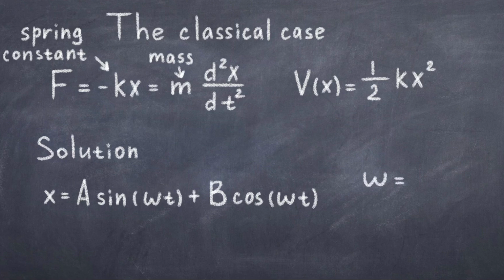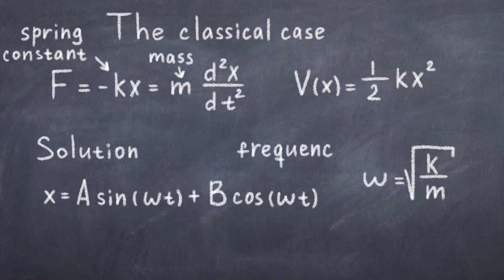We can also write the potential as V is equal to 1/2 k times x squared, where the angular frequency can be written as omega is equal to the square root of k over m. We will soon write the potential in a different way using the definition of the frequency. So far we have talked only about the classical situation, but we will see some similarities when trying to solve the quantum situation, so keep in mind the result of the classical problem.